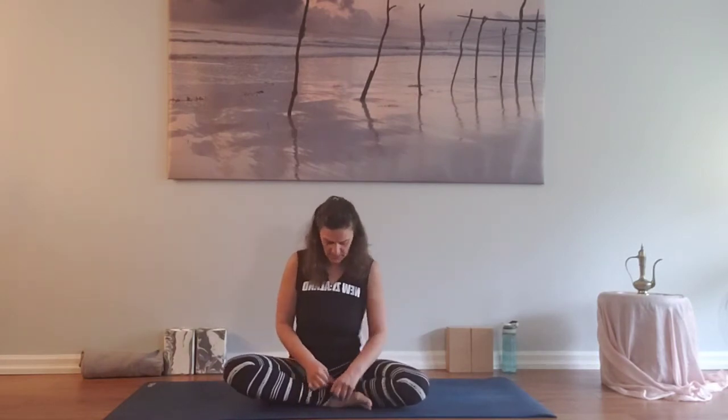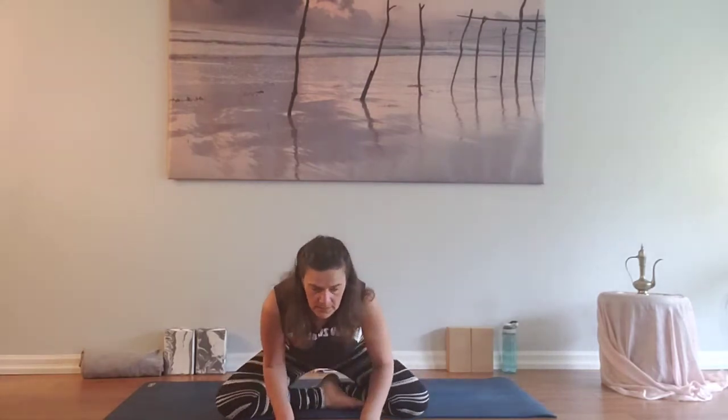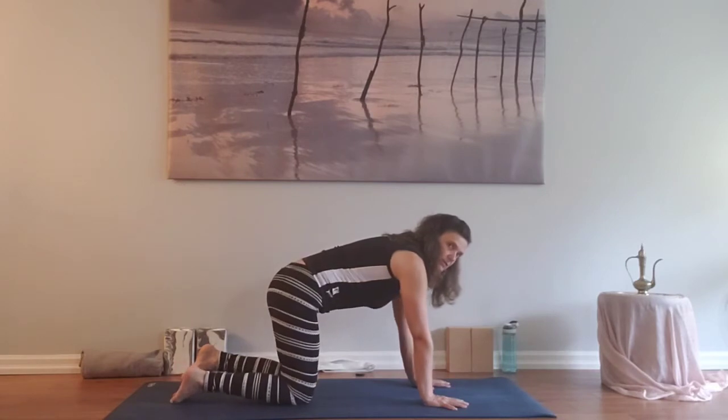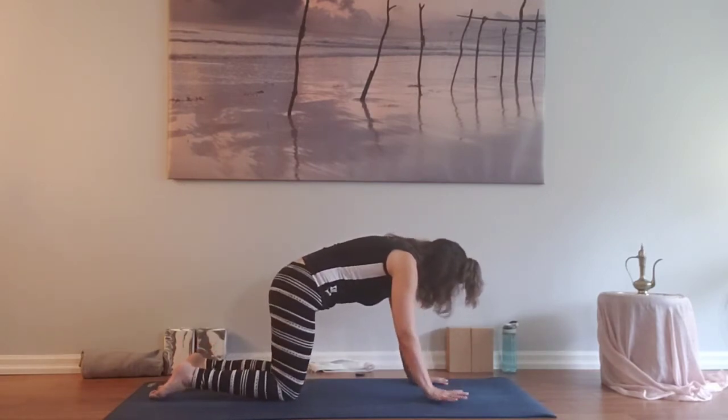So we're going to be doing some twisting moves today, or twisting poses that help with weight control and flexibility. So from here we're going to bring the hands forwards or swing the legs around, or again if you're coming forwards we're going to roll over onto the knees, just gently, not forcing, as we unfold the legs, coming through that cat and cow position, knees at hip distance apart,